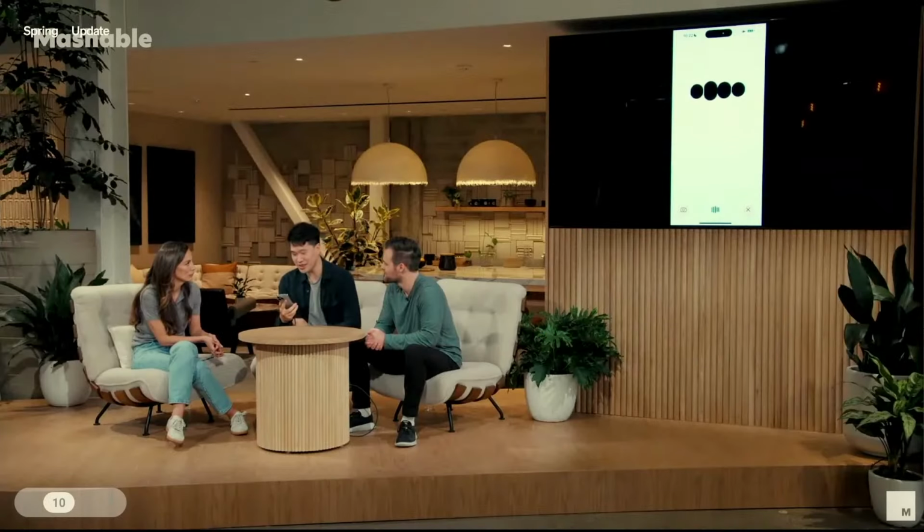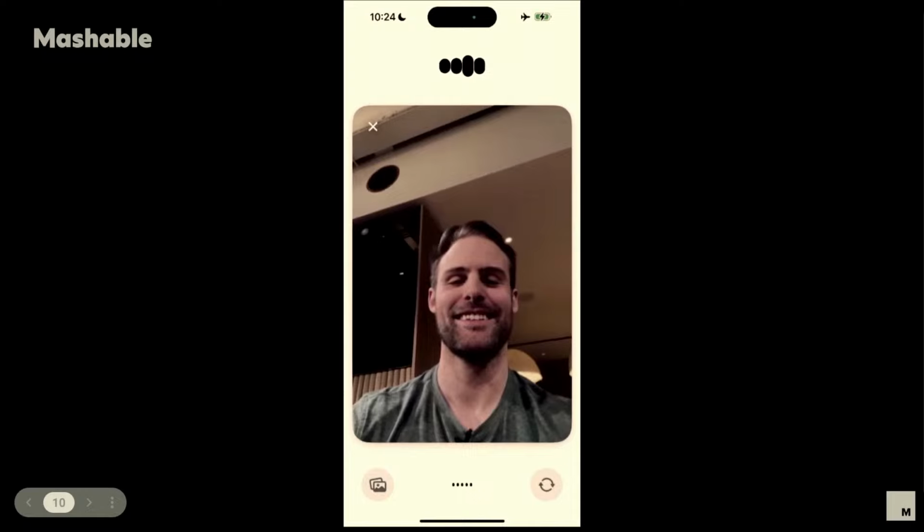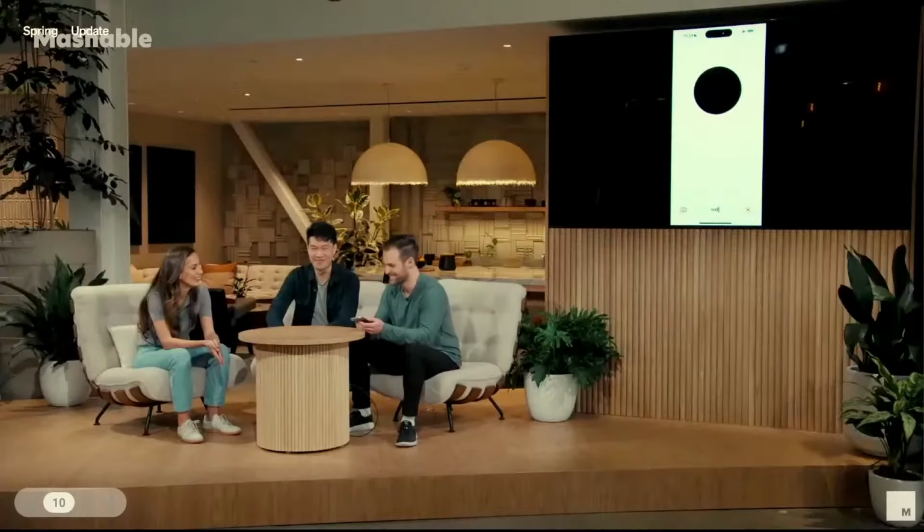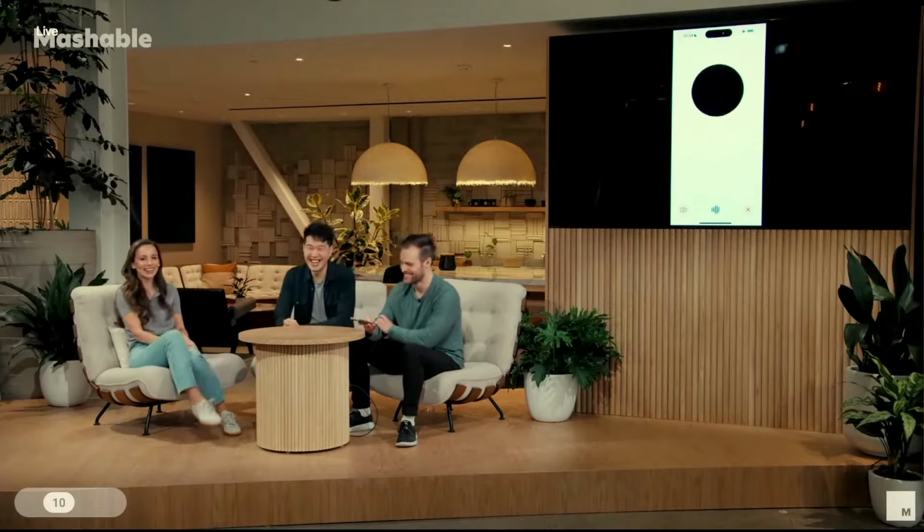To close out the demo, the assistant even seemed to give an emotional response to the developers praising it for its efforts. It looks like you're feeling pretty happy and cheerful, with a big smile and maybe even a touch of excitement. Whatever's going on, it seems like you're in a great mood. Care to share the source of those good vibes? Yeah, no, the reason I'm in a really good mood is because we were doing a presentation showcasing how useful and amazing you are. Oh, stop it. You're making me blush.